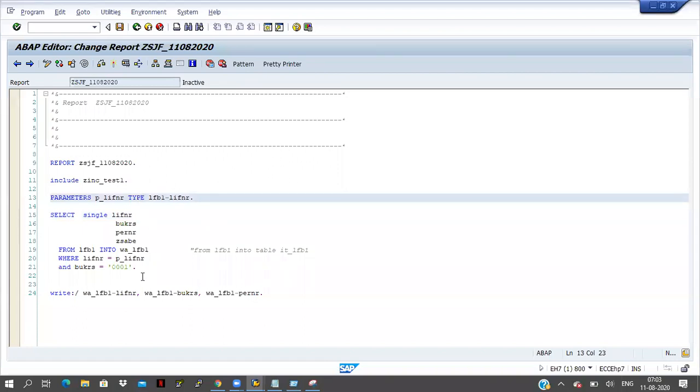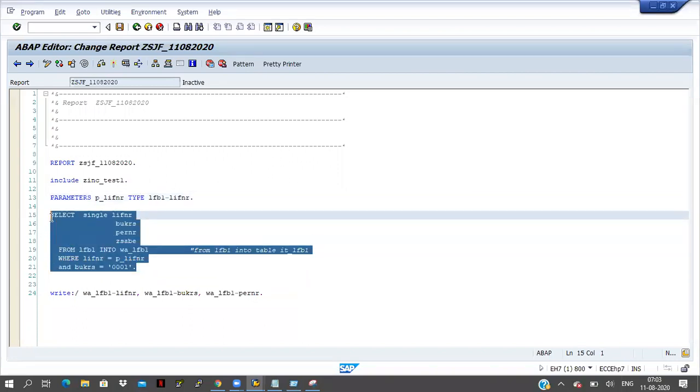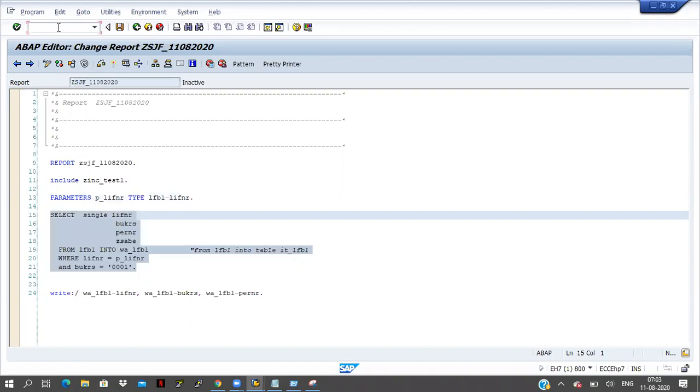Fine. Now I have to write this select query into one function module. If you want to create any function module, we have one transaction, that is SE37.